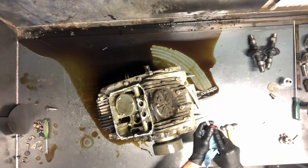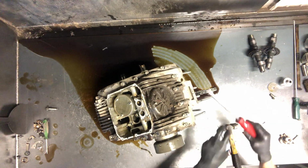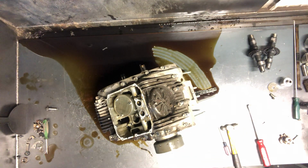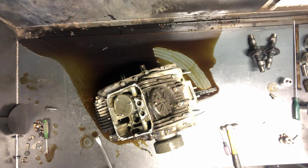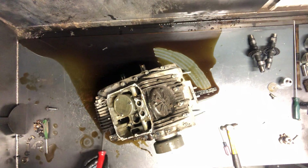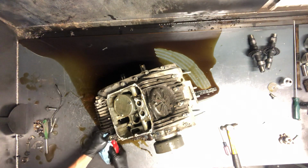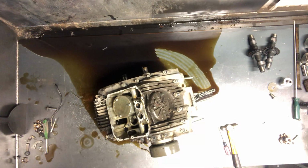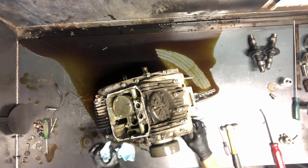All right, kind of a spot here to stick a screwdriver or a crowbar. That gives us a little bit of space. And then there's generally one like the front and the back. On these older motors, they can be a big challenge to